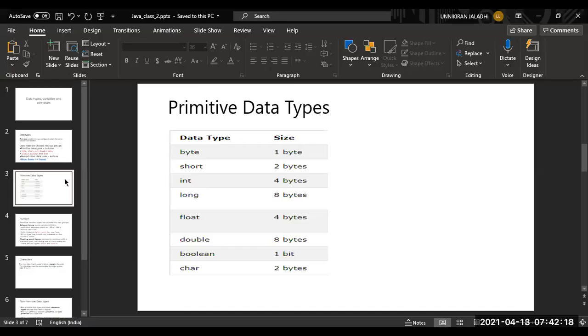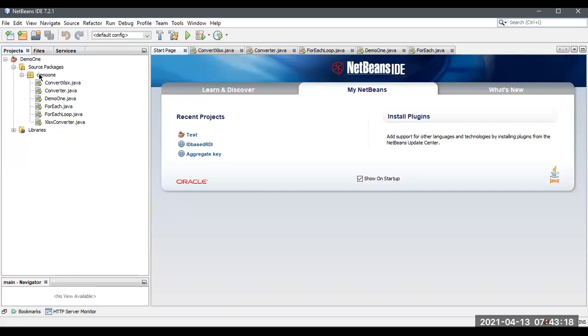Let me open NetBeans. One second. Okay, now I'm going to share NetBeans with you to show how to declare a variable.